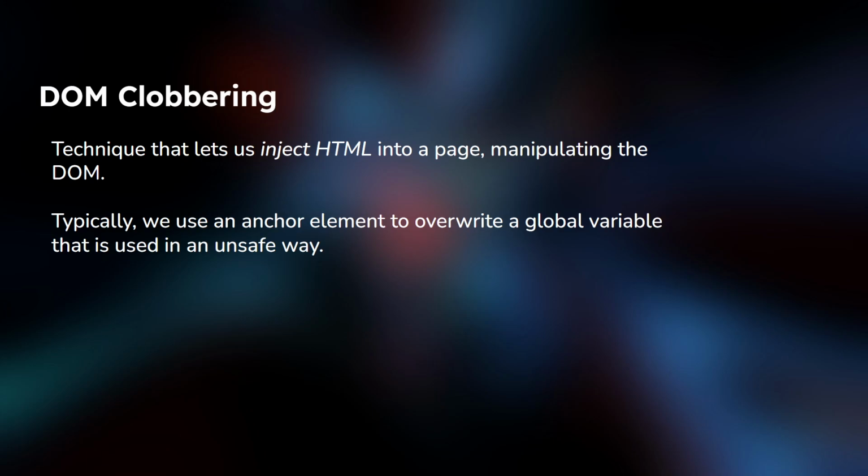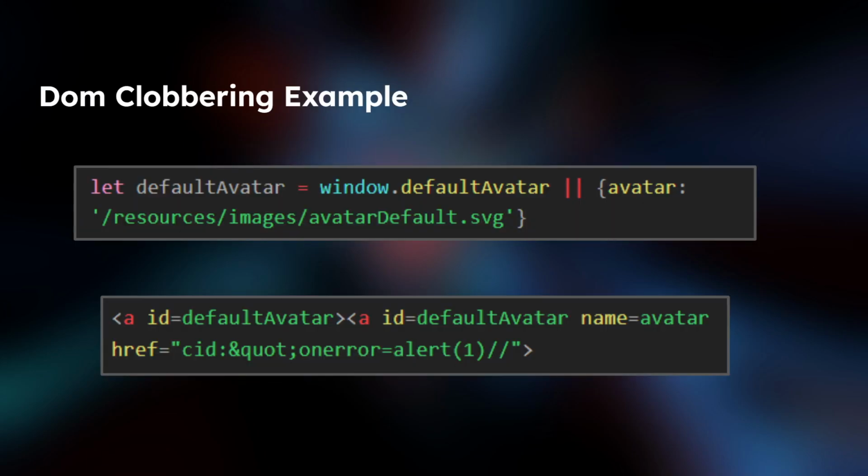So I'll show you a quick example of what that might look like. Let's say that we have a website that allows you to comment on people's blog posts. And if you don't have an account, it uses this default avatar image next to that comment, so people know that it's a new account or whatever, just so that there's an image there to be used. And the problem is, this uses let defaultAvatar be defaultAvatar or avatar, this property,